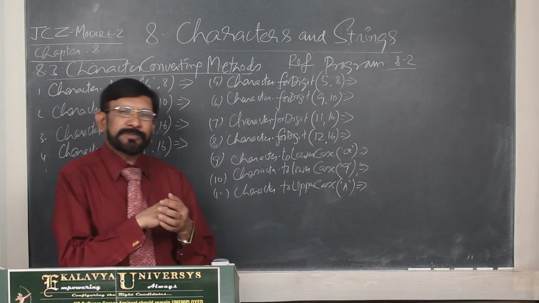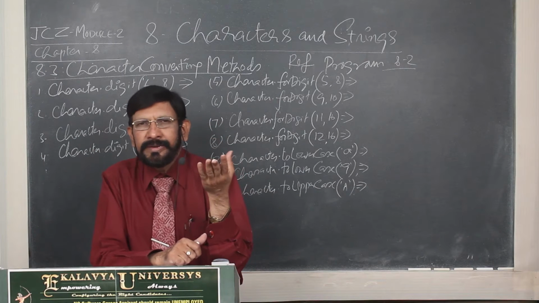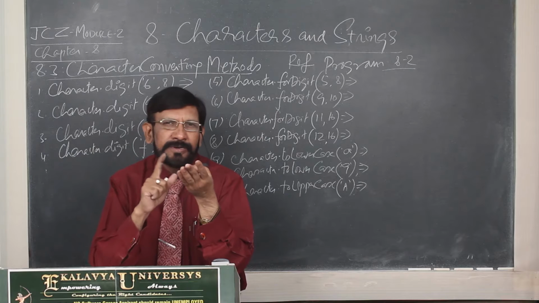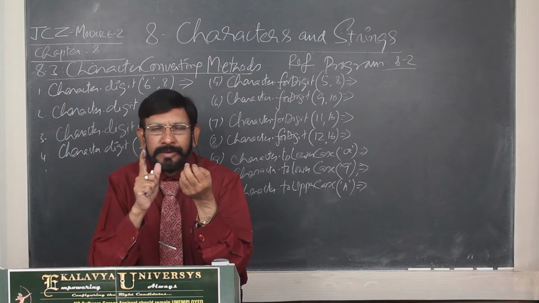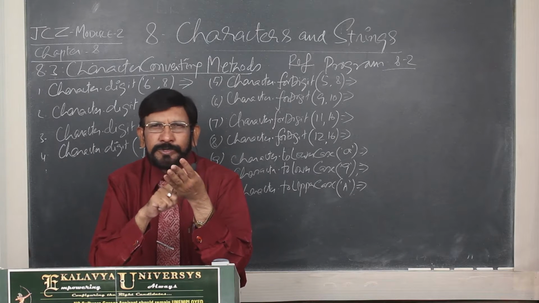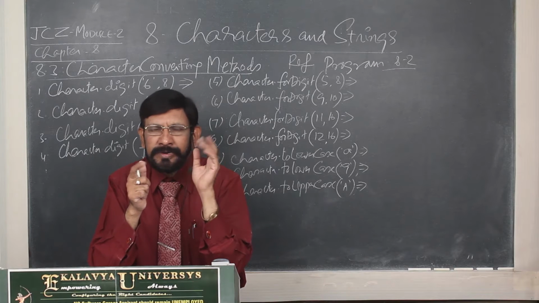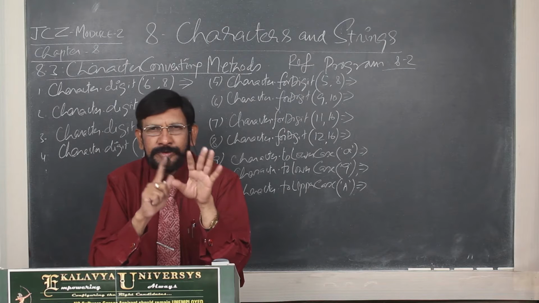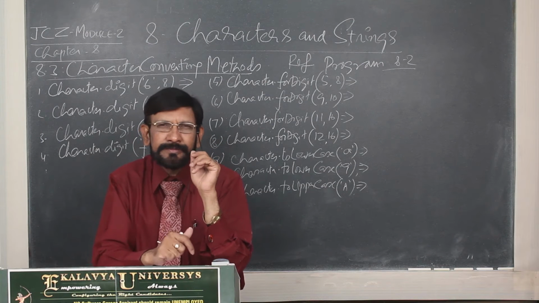In the octal number system, we use 8 digits. Those are 0 to 7. They are all zero-based index, 0 to 7. In the decimal system, 0 to 9, total 10 digits. In hexadecimal, 0 to 15, total 16 digits.